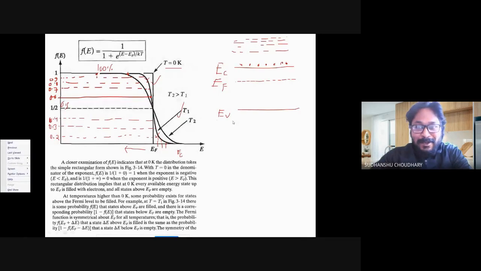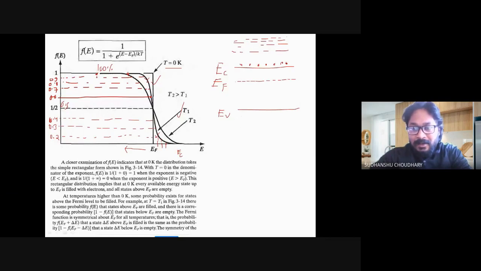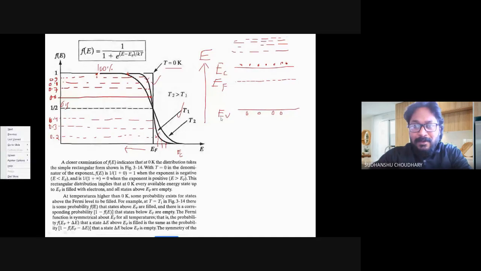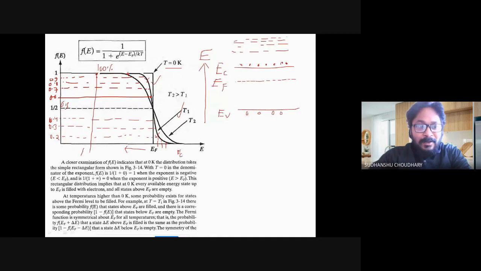That is why we say that in an intrinsic semiconductor, or maybe any semiconductor, if we talk about the valence band, the valence band may have holes. The valence band energy is lower than the Fermi level energy in this case, and also lower than the conduction band energy, since energy is going up this way. So obviously the valence band is at lower energy, and we said that at lower energies the states will be fully occupied by electrons.